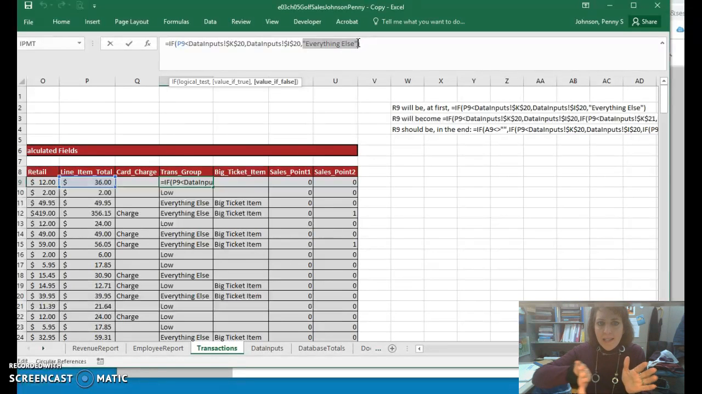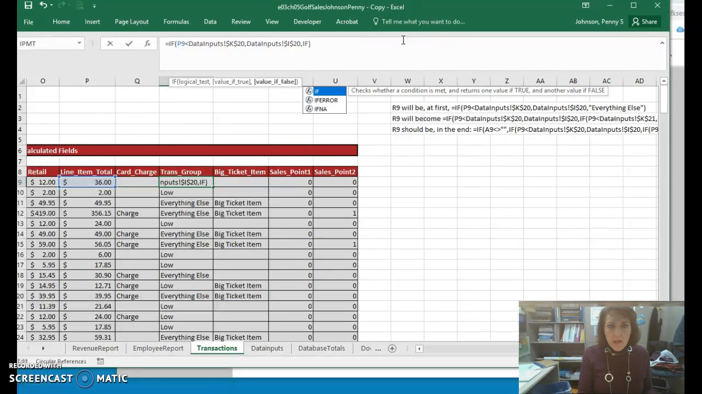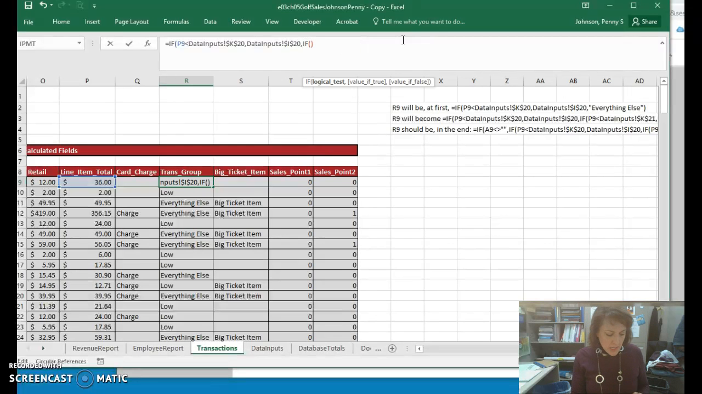All right, so highlight or select that entire phrase, everything else, including the quotes. We're going to get rid of all of that. What we're going to type in its place is the function name IF, left-hand parenthesis, P9 less than. This time we want P9 to be less than